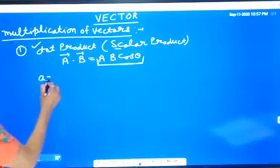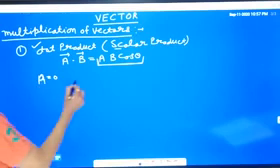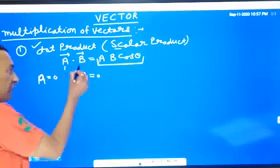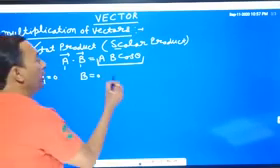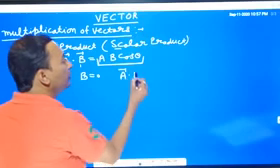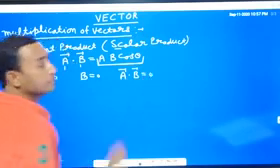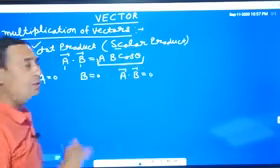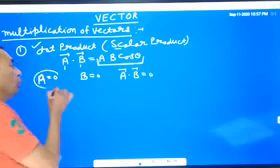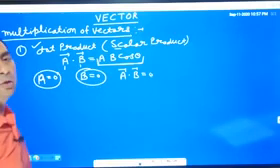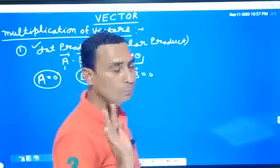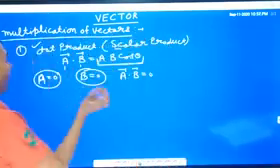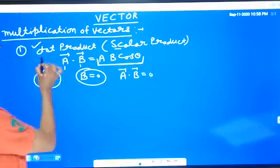A is 0, capital A, और B is 0, इन दोनों में से कोई भी एक 0 है या दोनों 0 है तो a dot b कितना आएगा, 0 ही आएगा। या तो a 0 है या b 0 है, चाहे theta की वैल्यू कुछ भी हो, theta है any value, if a is 0 and b is 0 then a dot b is also 0। ये theta पे कोई बात डिपेंड नहीं करेगी।